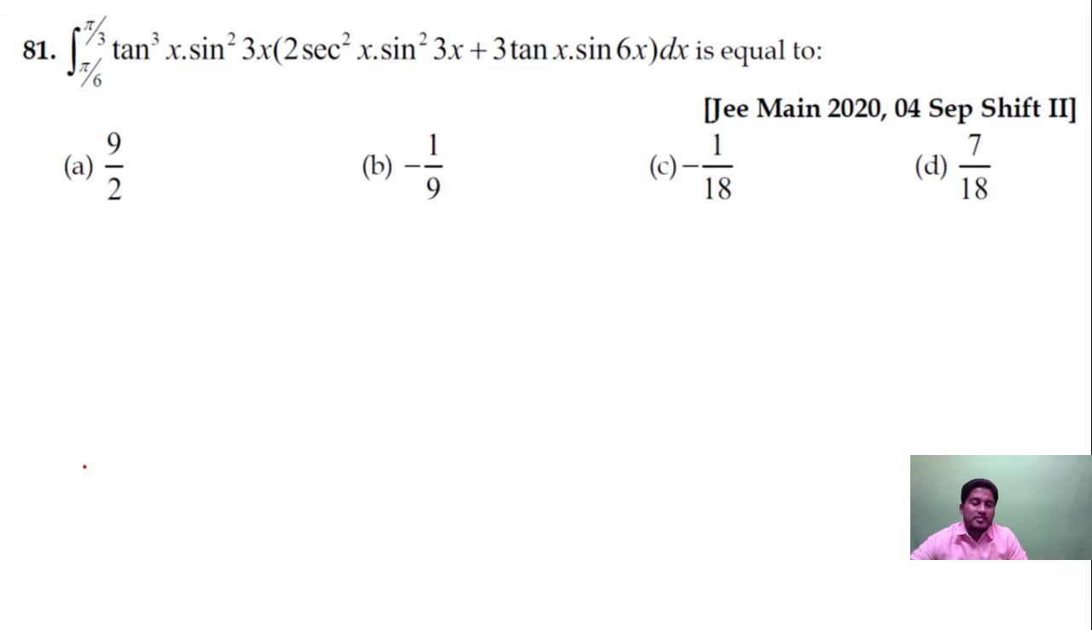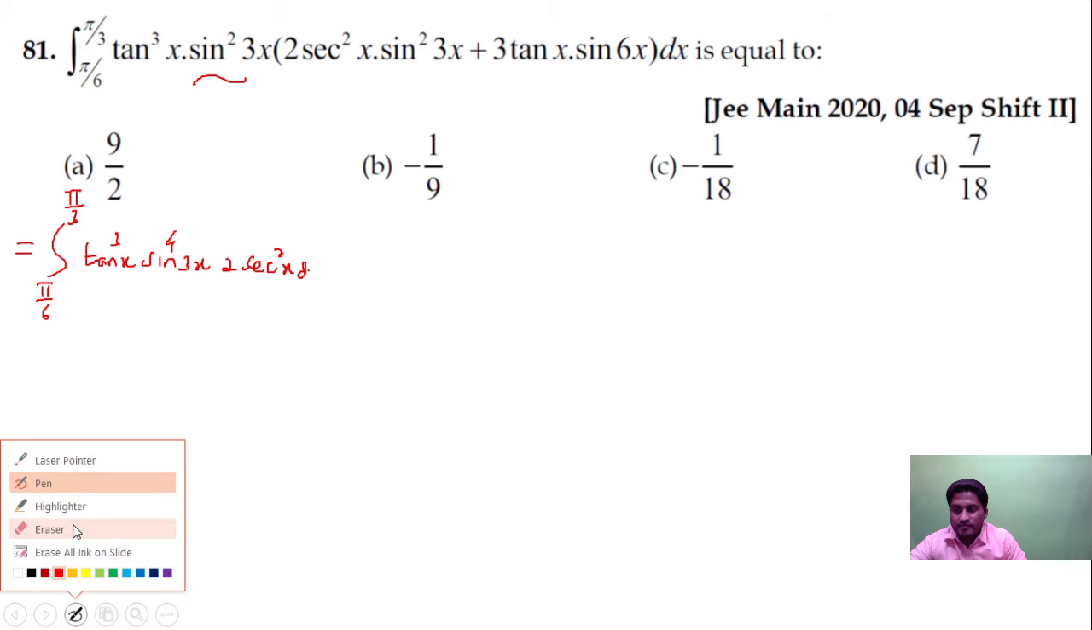Alright guys, let us discuss this 2020 paper question. I'll write this as the integral from pi by 6 to pi by 3 of tan cube x into sine square 3x into sine square 3x, which will be equal to sine power 4 3x. If you open the bracket, you get 2 sec square x dx, 2 sec square x, and then further if I multiply,